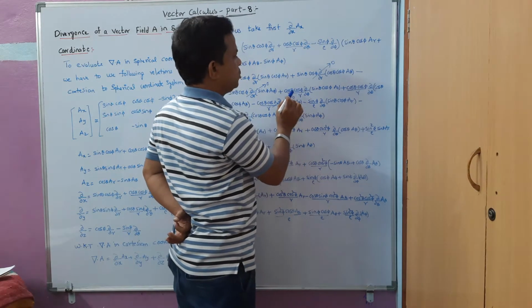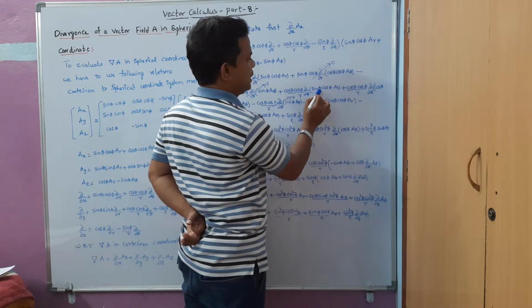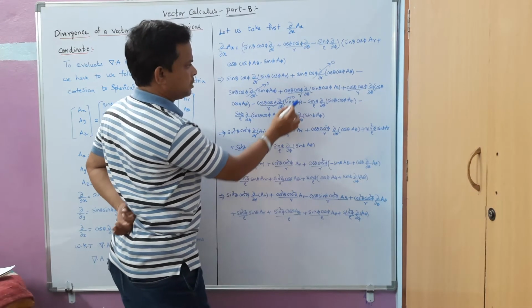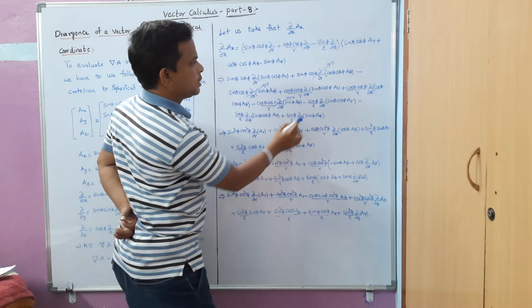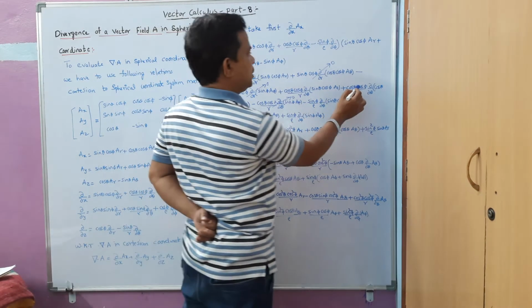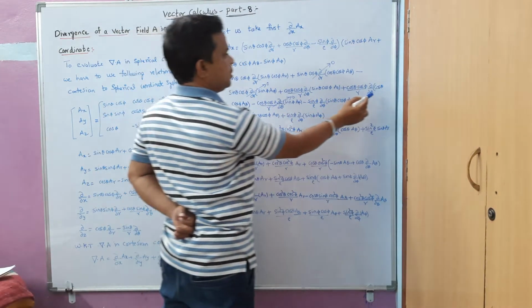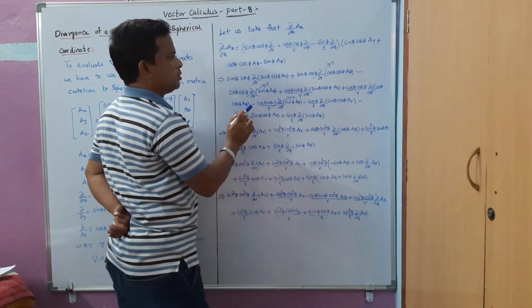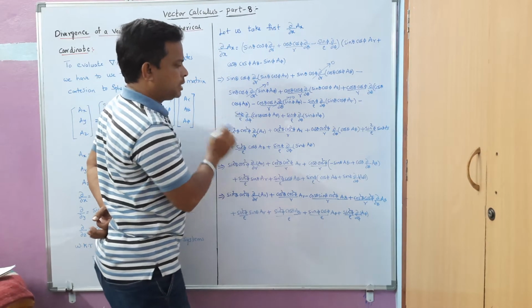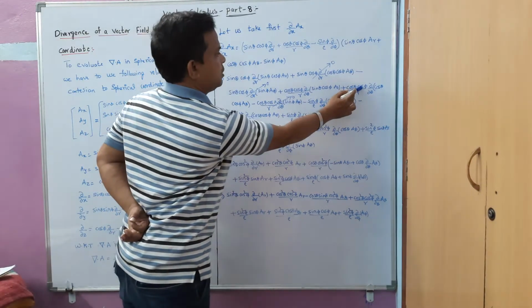And here we can see cos theta cos phi dou by dou theta of, with respect to theta we have only sin theta, the differentiation of sin theta is cos theta here. Cos square theta cos square phi, that is cos into cos is cos square phi into Ar by r. Similarly cos theta cos phi dou by dou theta of, here we have the terms cos theta and A theta, so we have to use the UV formula, and cos phi is constant here, so that's why we are taking it outside, that is cos square phi by r,